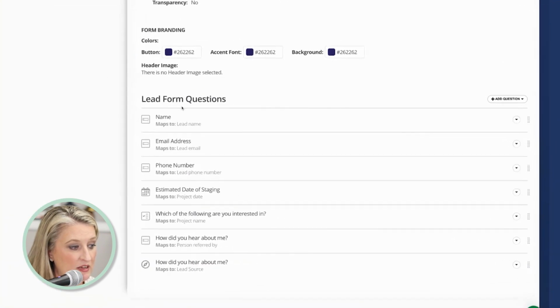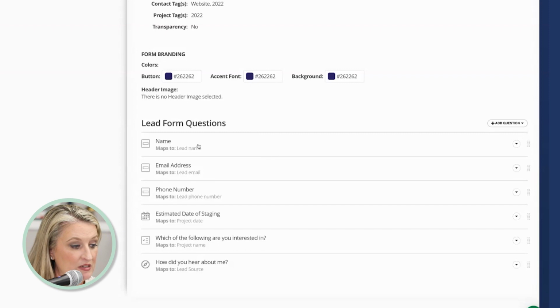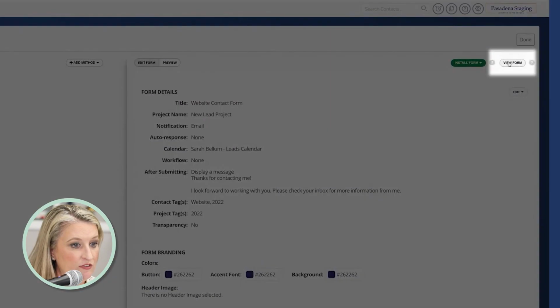You'll notice on my lead form questions, I have name, email address, phone number, date, which of the following are you interested in? And then now I have, how did you hear about me? Because before we had this functionality, I would ask the question and map it over to contact details. I no longer need that question, so I'm going to go ahead and delete it because now we have a new and more efficient way of capturing your lead source. If I view the form,